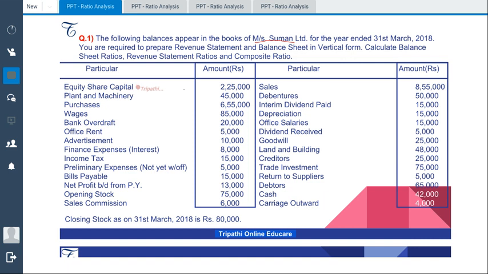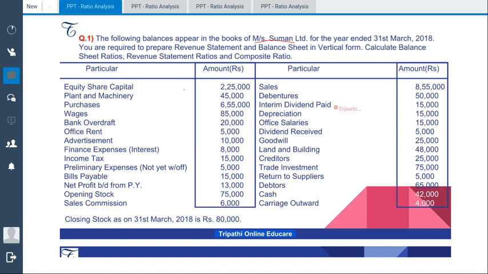So we have equity share capital 2,25,000, plant and machinery 45,000, purchases 6,55,000, sales 85,000, bank overdraft 20,000, office rent 5,000, advertisement 10,000, finance expense, that is interest 8,000, income tax 15,000, preliminary expenses not yet written off 5,000, bills payable 15,000, net profit brought down from previous year 13,000, opening stock 75,000, sales commission 6,000, sales 8,55,000, debentures 50,000,